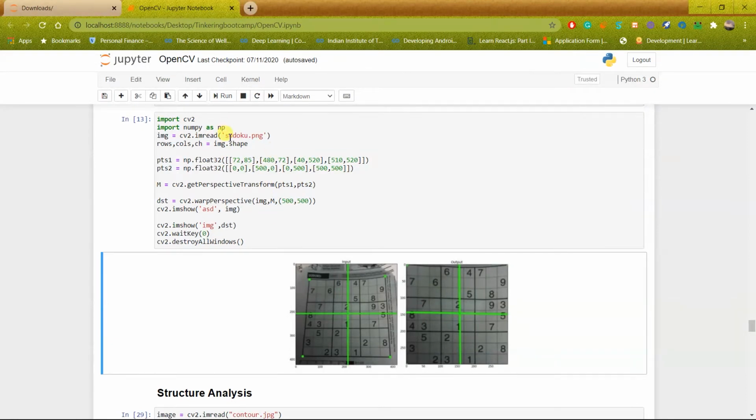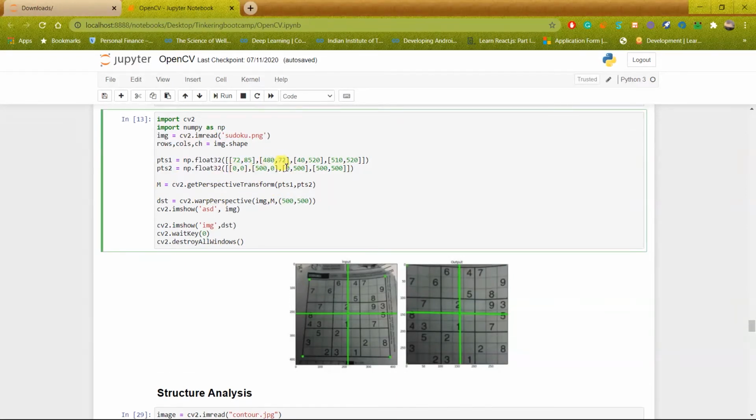So what again we do is we specify points 2 and then specify a square. I have done 0,0, 500,0, 0,500, and 500,500. What this will do is map 72,85 to 0,0, and similarly with the other points.